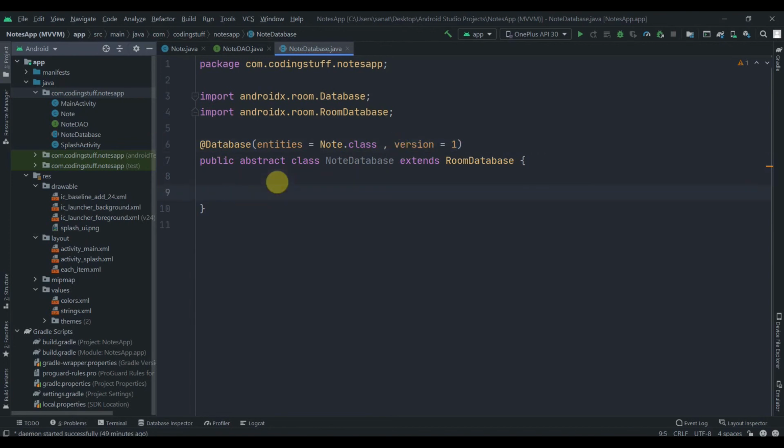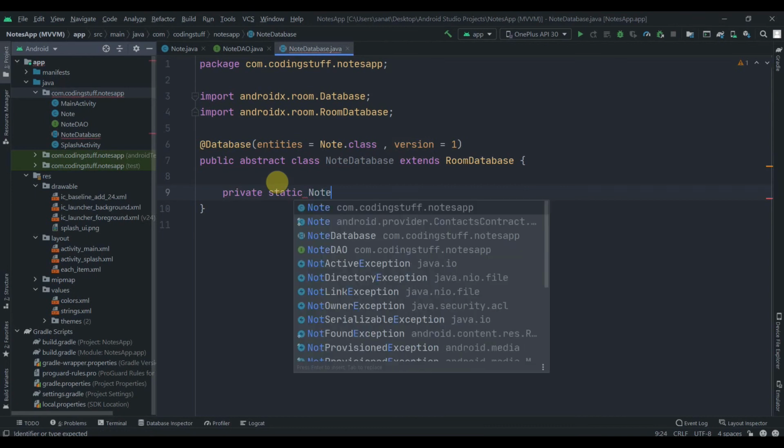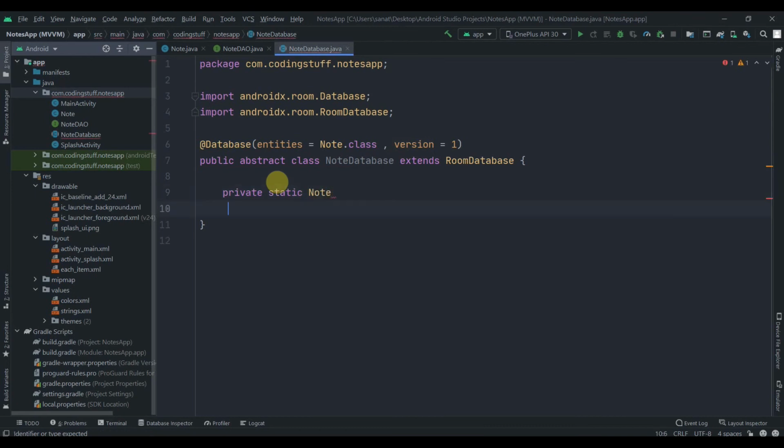So now we'll create one instance variable of this class. So private static NoteDatabase, and let's name it instance, and then a semicolon. We have created this instance variable because we have to turn this class into a singleton class. So basically singleton means we can't create multiple instances of that class.